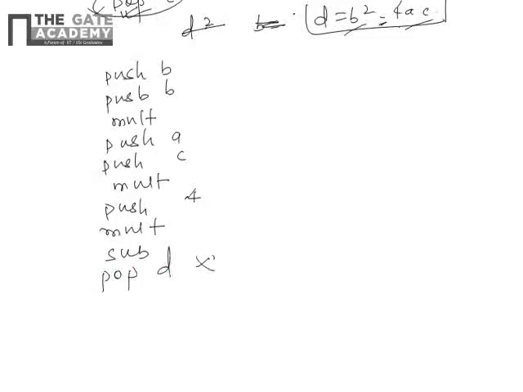So this is not included because in the question it is mentioned that we have to neglect the initial load and the final store in the memory. That's why this statement got neglected. So how many operations do we require? 1, 2, 3, 4, 5, 6, 7, 8 and 9. Okay, so a total of 9 operations are required, therefore the answer is A. Thank you.